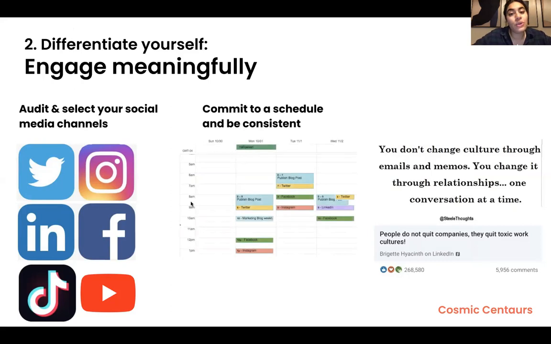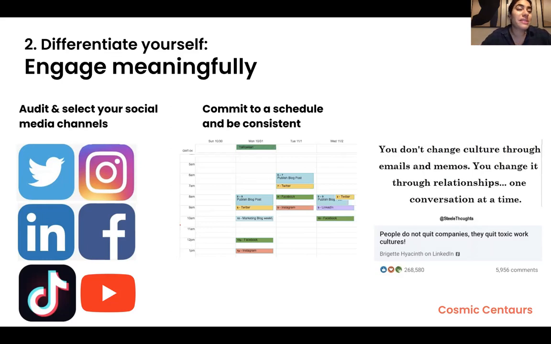I would also say that you should commit to a schedule and be consistent, because if you want to get your name out there, if you want to have a voice, if you want to have a point of view in the industry, you have to be consistent. All of these social media channels reward you for consistency. So commit to a schedule. Tell yourself, on Mondays, I post a video, and on Tuesdays, I post images. Or on Wednesdays, I go and I comment on 2 other LinkedIn posts because I want to grow my visibility.